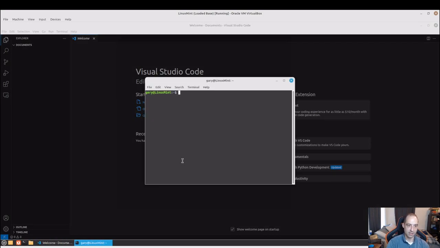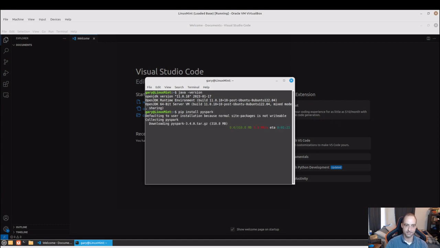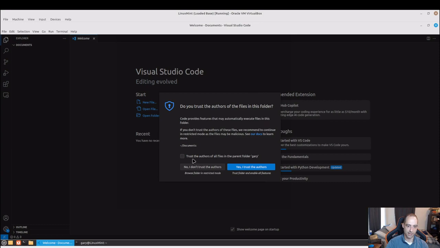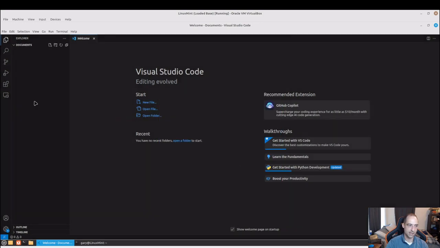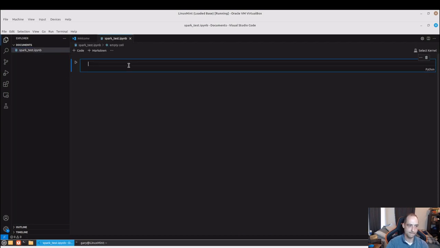So on Linux, you already have Java installed, and 11, if you remember, it was 8, 11 and I believe 17. So we just need to do a pip install PySpark. And while that's running, I'm going to go ahead and make a new Spark tests IPython notebook, IPYNB, and import PySpark